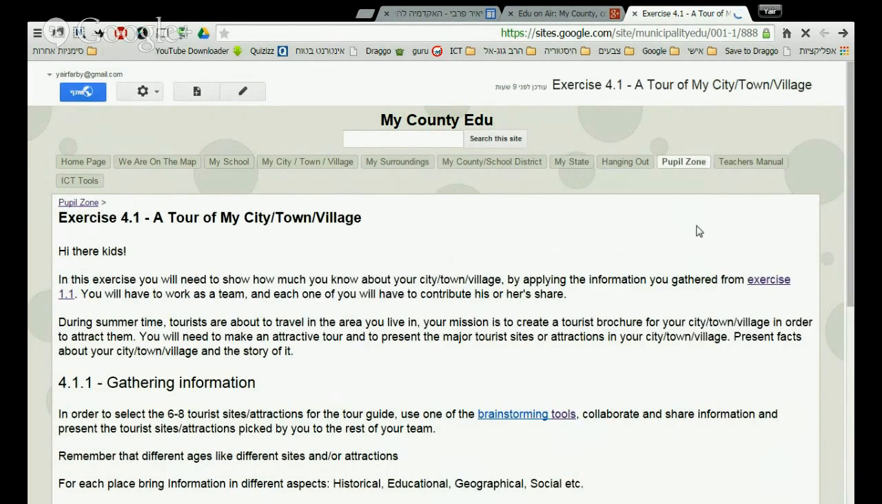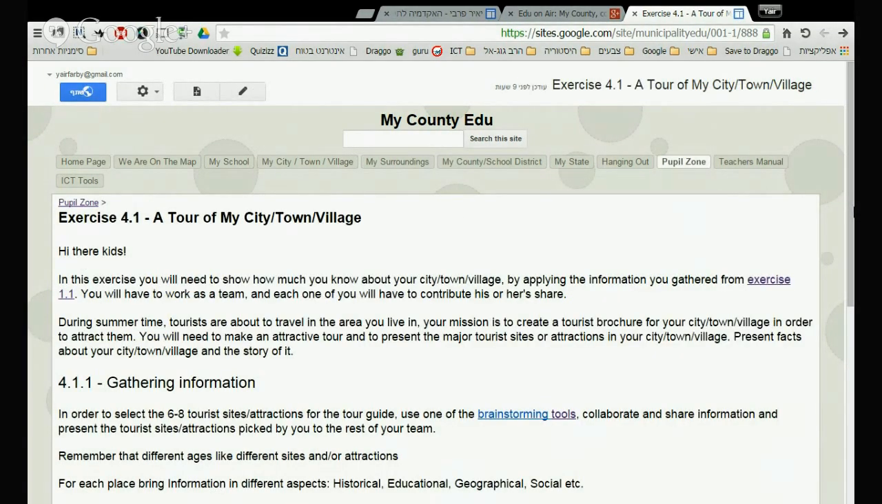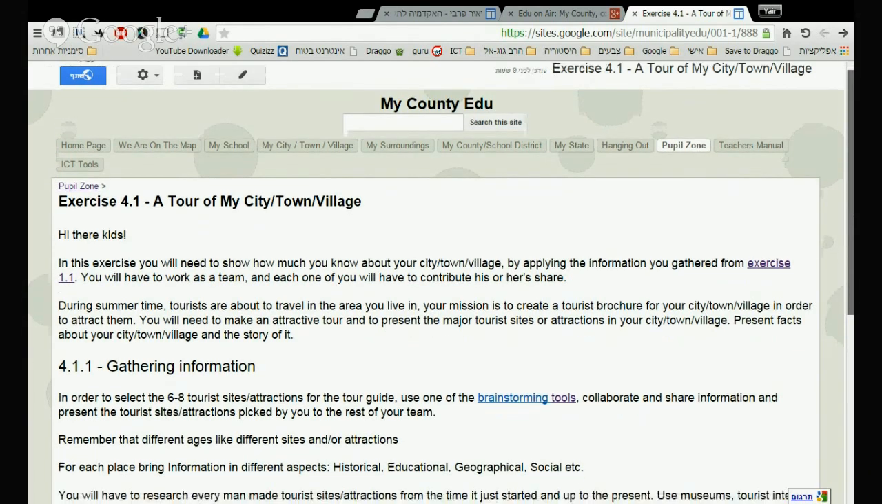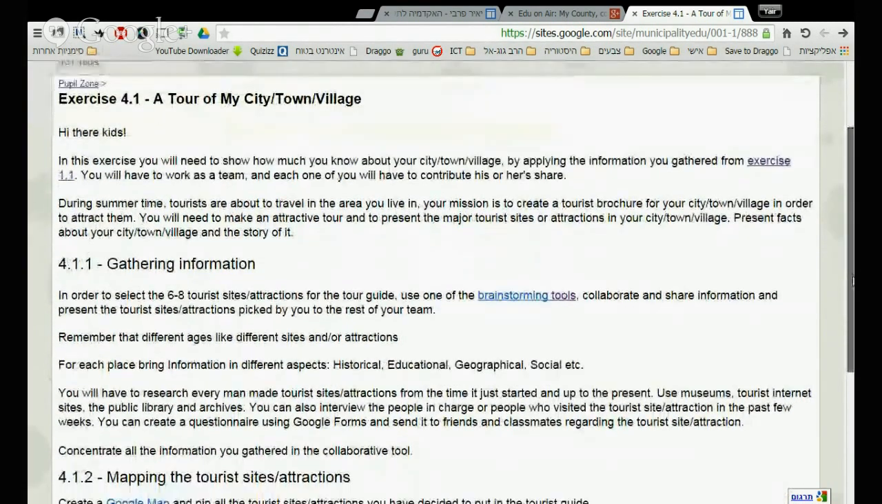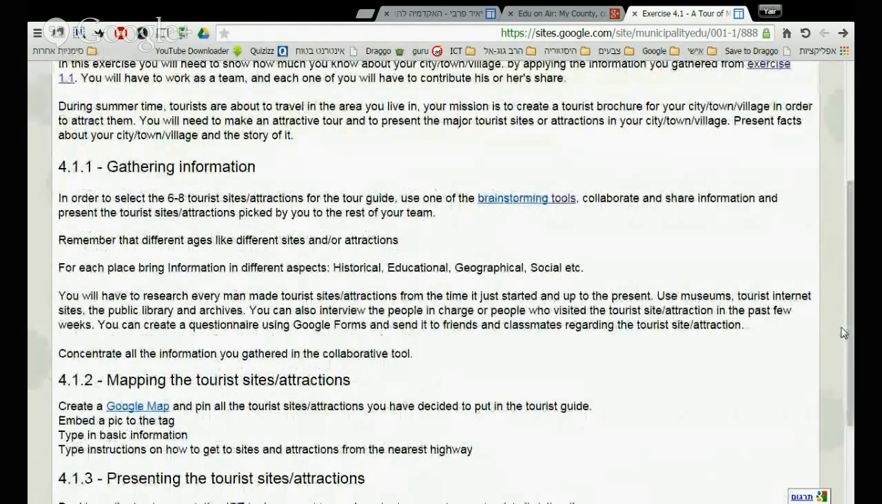Now, this tour, they need to make up a tour. So they need to show as much as they know about their city by applying information that they gathered, and to pick 4 or 5 locations, or 6 or 8 tourist sites or attractions, and to make a brochure using the information that they picked up,